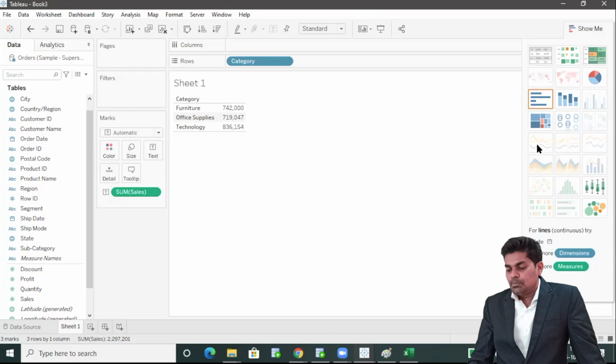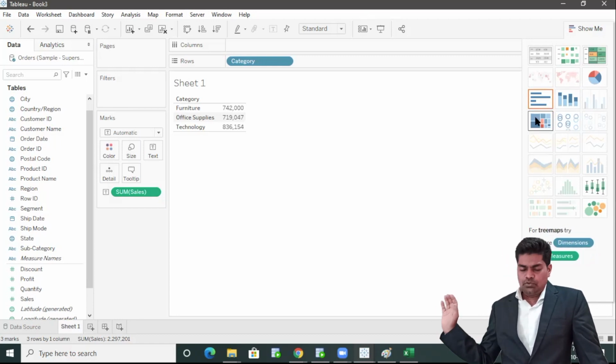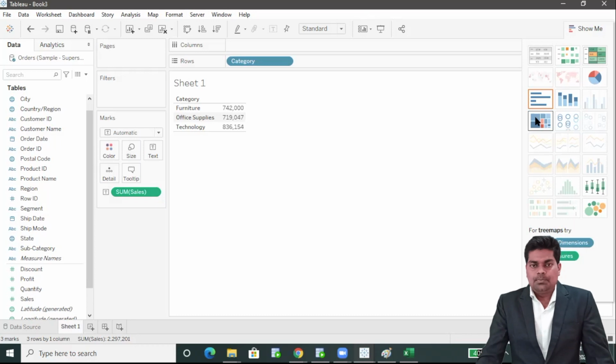Same, this is a box and whisker, this is a pie chart, one or more dimensions and one or two measures. This is a highlight table, heat map, text table, horizontal bar. We can create it vertical also. Then we have stacked bar, side by side bar, tree map. We have so many charts, lollipop chart.